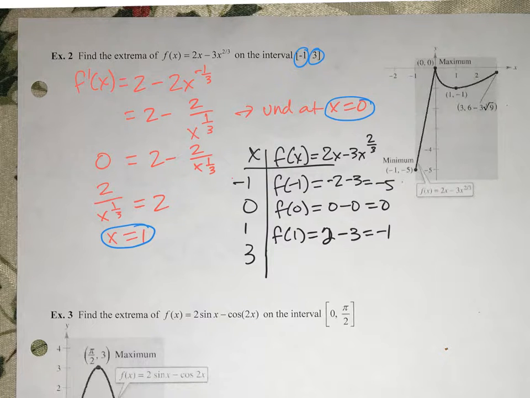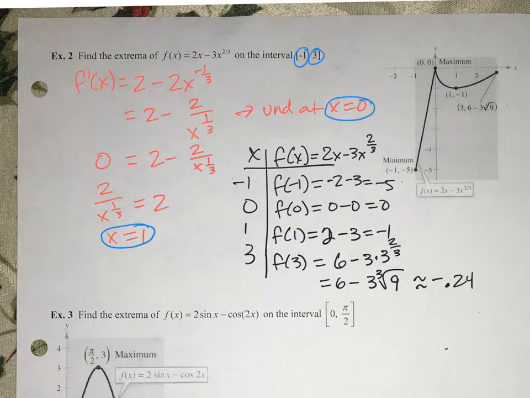And then f of 3, now this one's going to be kind of funky. F of 3 would be 2 times 3, which is 6, minus 3 times 3 to the 2/3 power. So that's actually going to be 6 minus 3 times the cubed root of 3 squared. So the cubed root of 3 squared is the cubed root of 9. Now, earlier I grabbed a calculator because I need to know about what that's equal to, and that's approximately equal to -0.24. Okay, so now we've evaluated the function in all of our candidates, so let's choose the smallest and